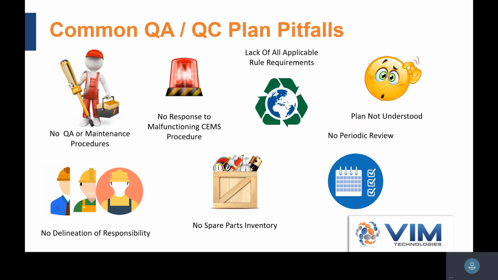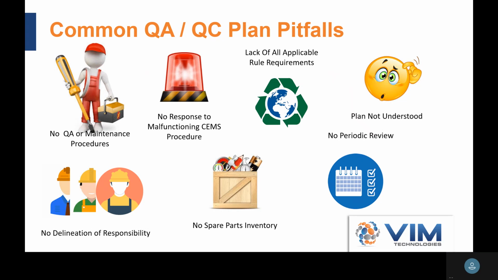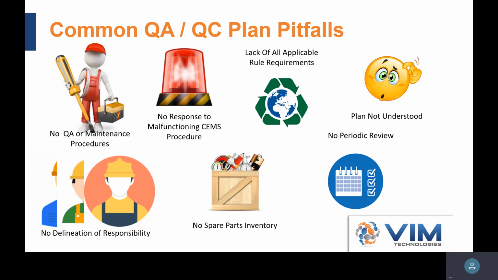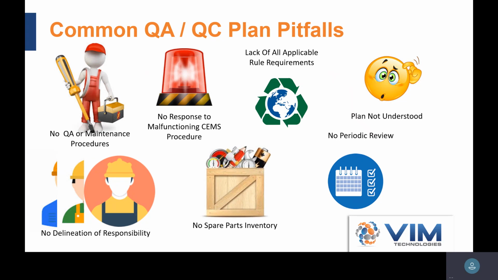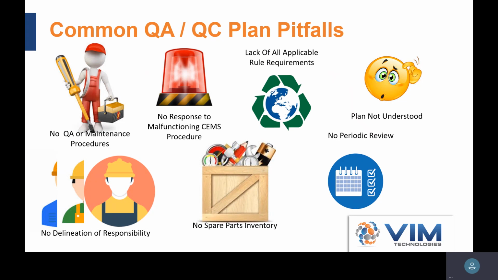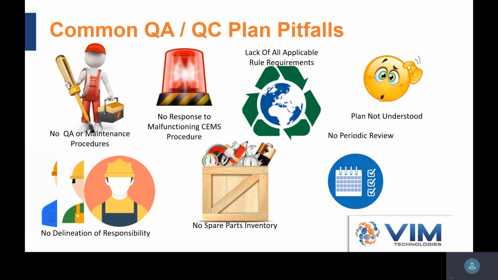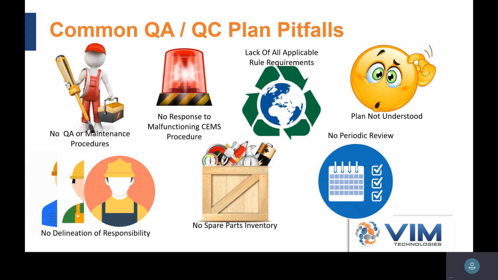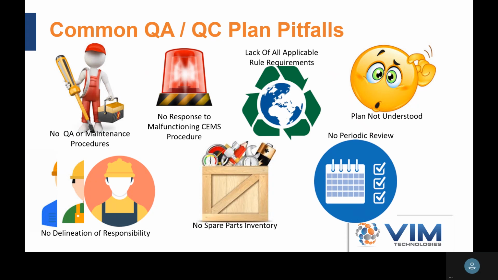These are some common pitfalls. No QA or maintenance procedures, or very few. No response to a malfunctioning CEM. No delineation of responsibility for the CEMS. No spare parts list, or the spare parts list is just the manufacturer's recommended spare parts, and it doesn't reflect what's actually maintained on site. Lack of all applicable rule requirements. Some facilities might be Part 60, but they might have some Part 75 obligations as well. Or if you think of a power plant, it has Part 75 and then Part 60 for CO. They have some different